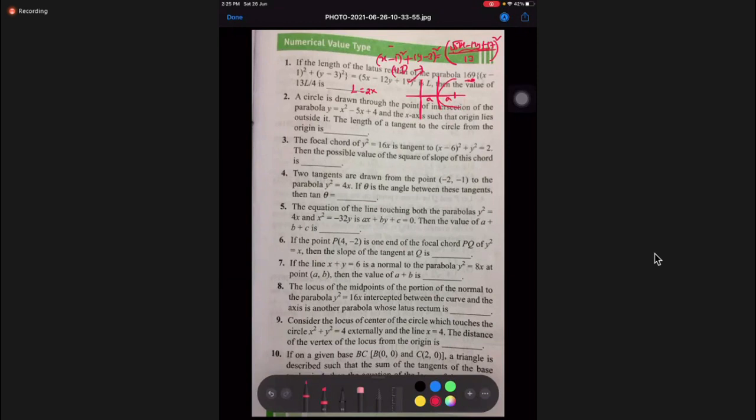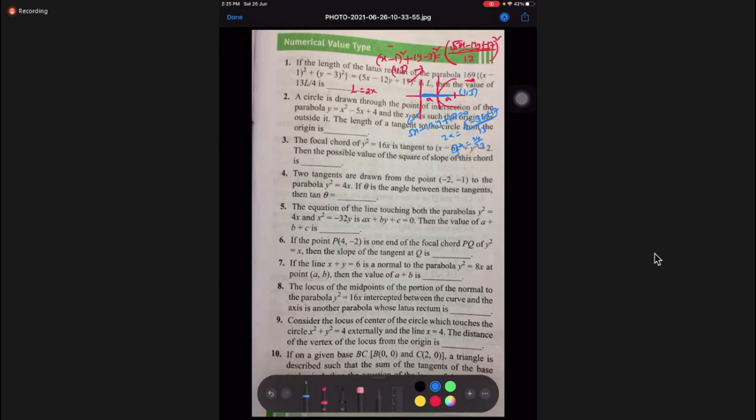Please respond, all of you. You have to find this distance. How to find this distance? Distance from the focus, what is the focus, students? (1, 3) to the directrix. What is the directrix? 5x minus y minus 17. If you find this distance, you will get 2A only. So the value is 5 minus 3 minus 17 divided by 13, right, students? Then 2A equals 12 minus 24 by 13, right?